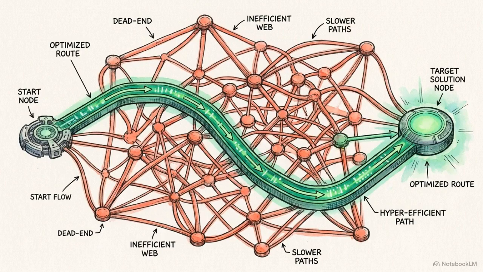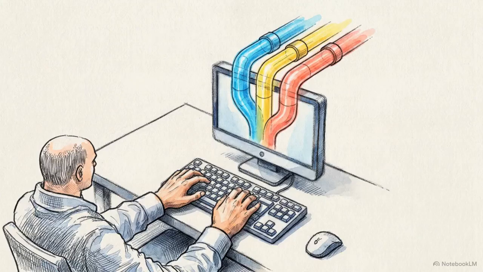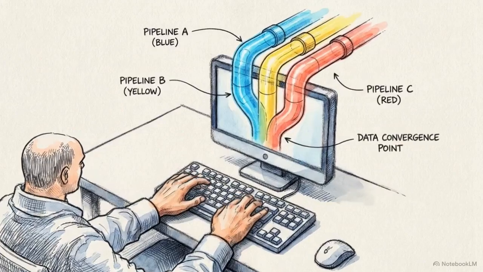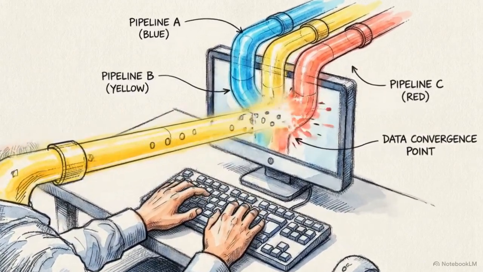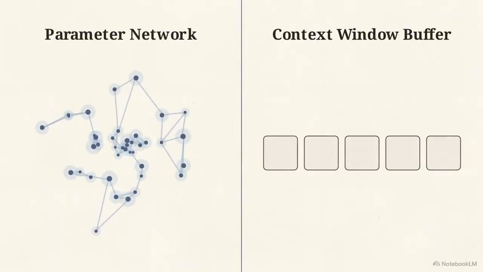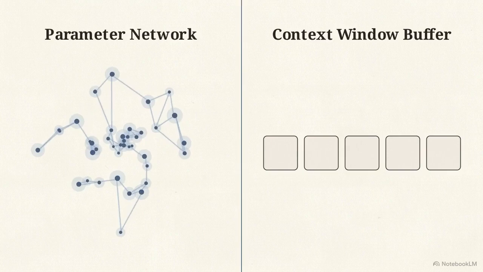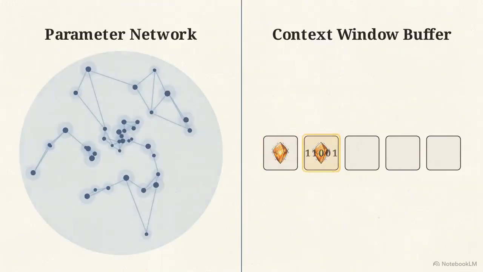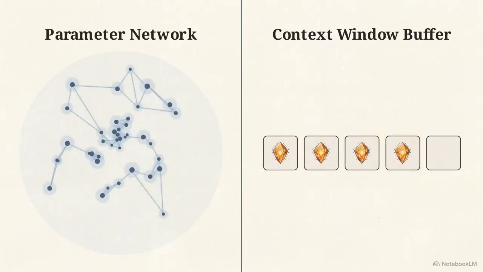Reinforcement learning bridges the gap from blind imitation to actual problem solving, optimizing the network to navigate its own compute bottlenecks without relying on human examples. Understanding this 3-stage mechanical pipeline dictates how technical professionals should actually use the tool in daily practice. You must manage the system's 2 distinct memory types: the lossy, vague parameter network forged during pre-training, and the high-precision context window buffer utilized during inference.